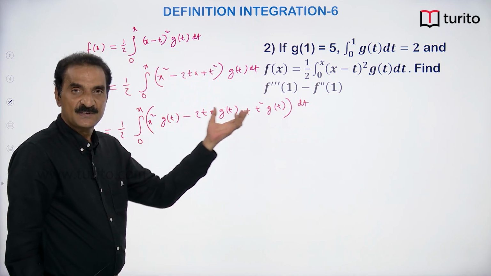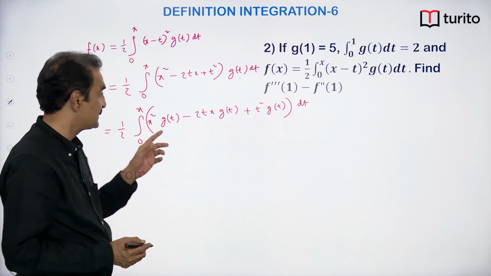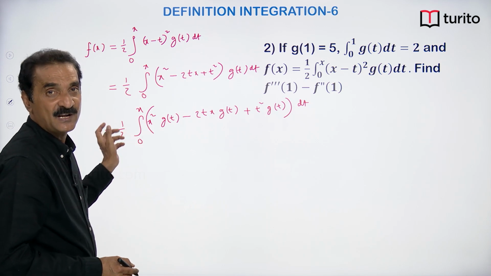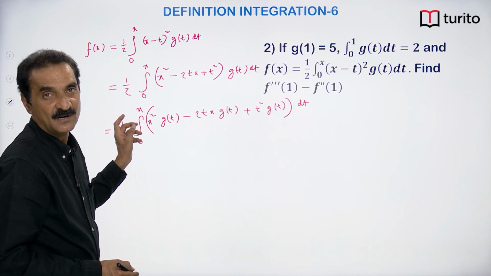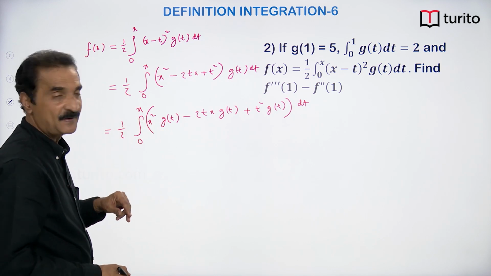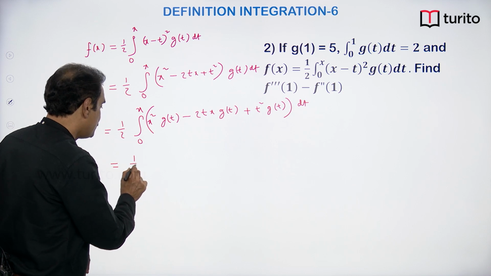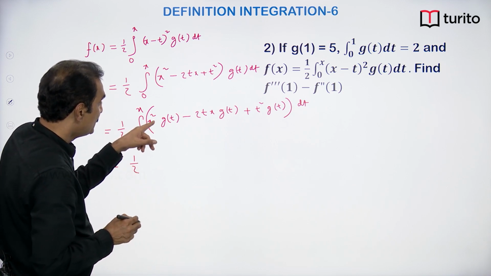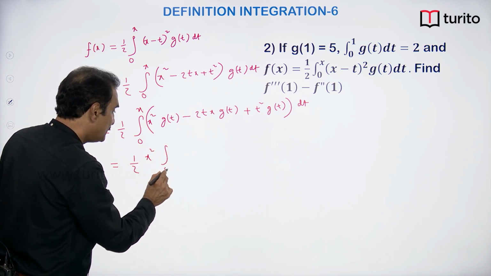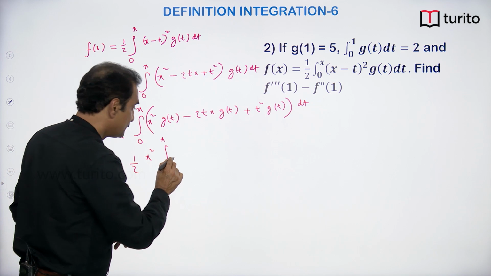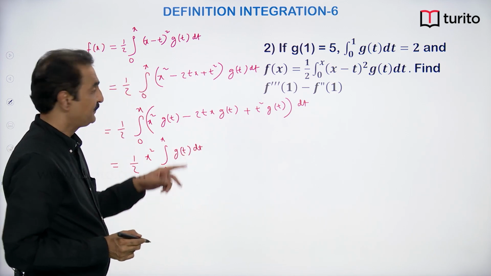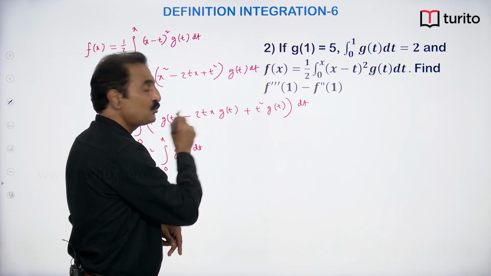Now we can write this as a sum of three integrals. Now in any integral, if possible, we can take out the terms of x, is it not? Because we are integrating with respect to t, we can take out the terms of x. So what will be the first term? Half into, if you write separate integral, we can take out x square, integral 0 to x g of t dt. Second, we can take out 2x,